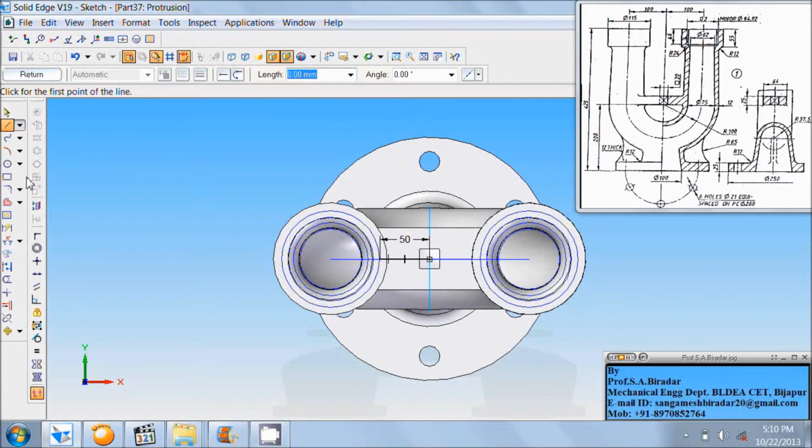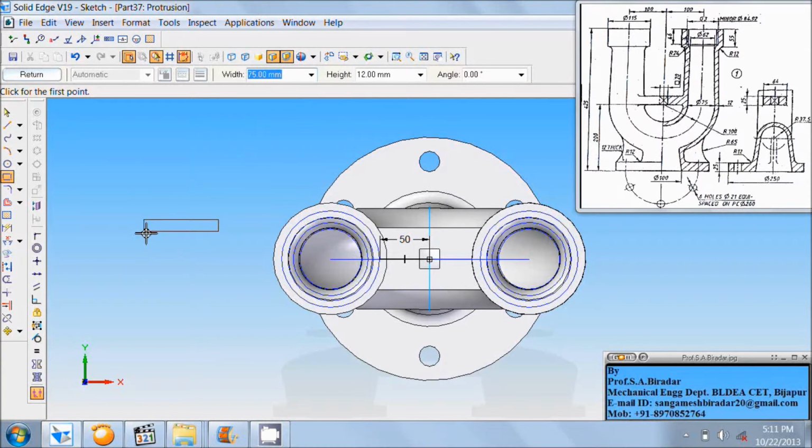So now take rectangle, so distance from here to here it is of width 250 divided by 2 minus 100 divided by 2, that is 75 mm, height as 12 mm, angle as 0.